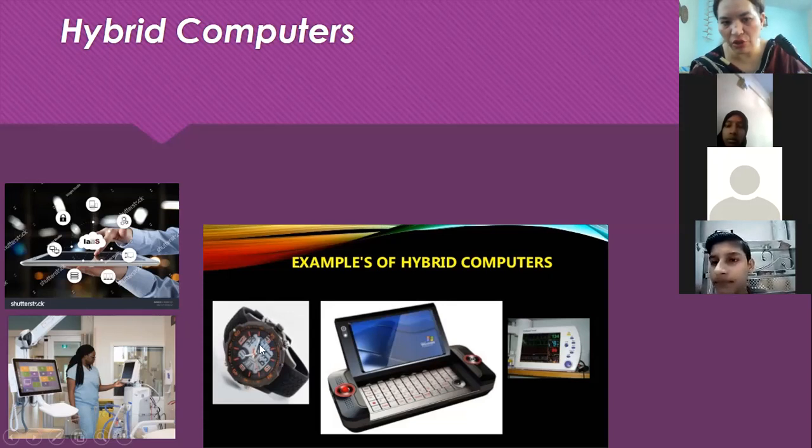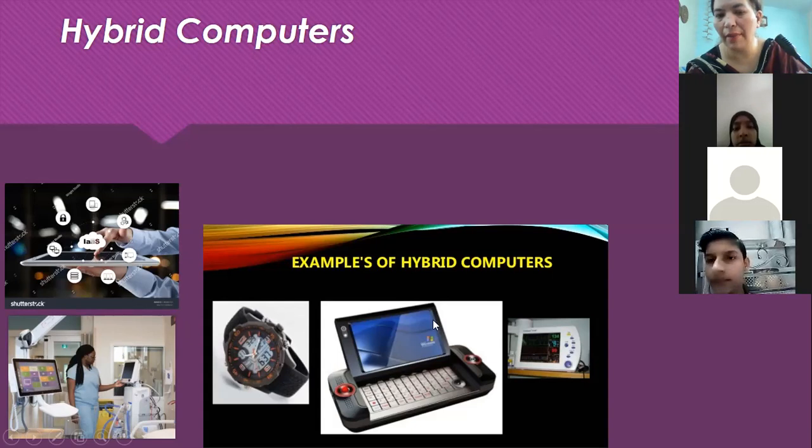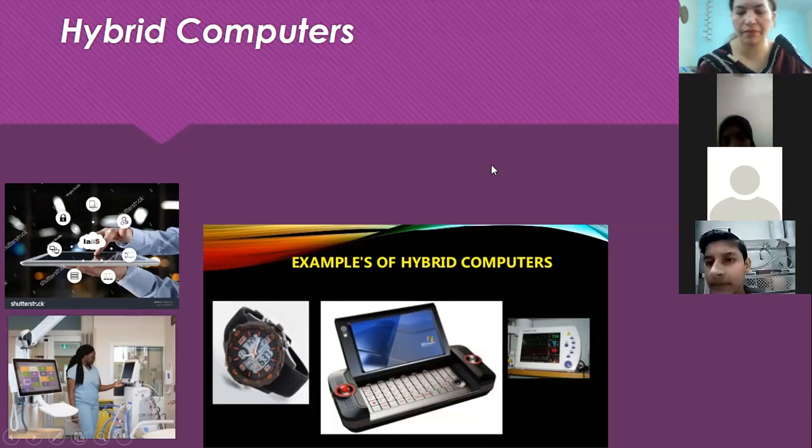Similarly, this watch, you can see, is giving you the analog clock and a digital clock at the same time. It is using analog as well as digital, so that is a hybrid computer. Understand? This tablet is actually a tablet, but we attached a pad to it and made it a joypad, a gaming console. So definitely, again, it's a hybrid computer. Right? I hope it's clear.